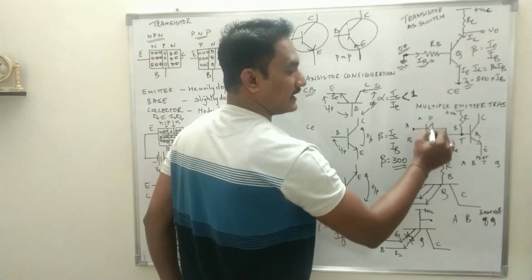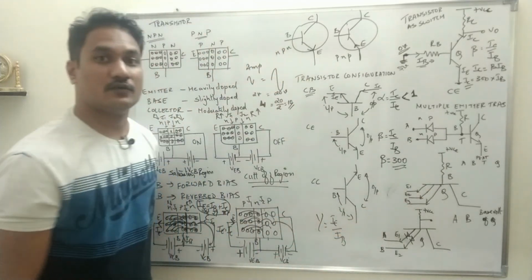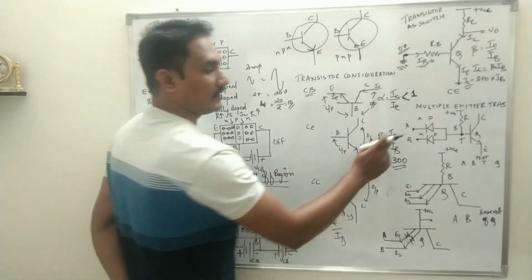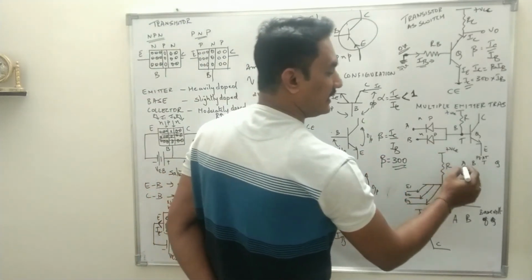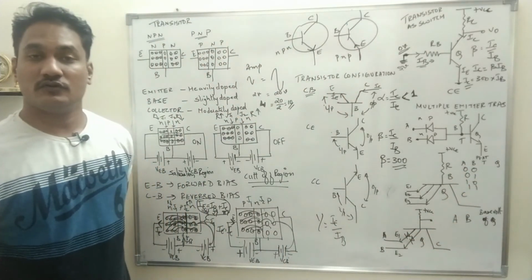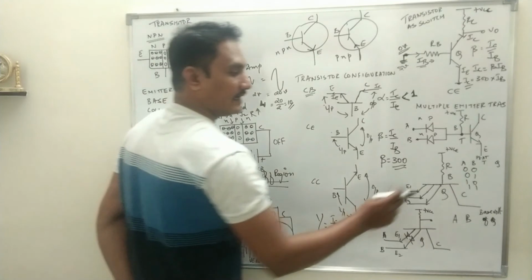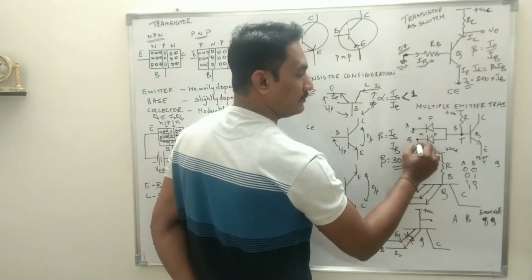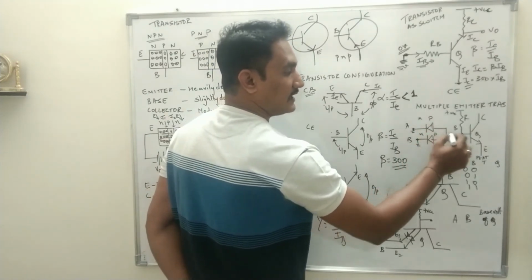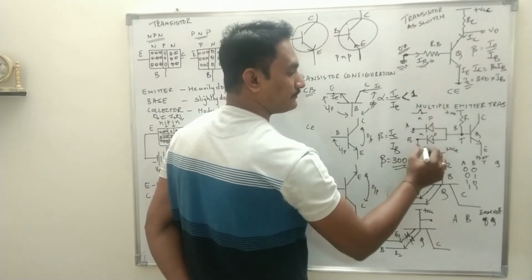Both P regions are already connected to positive. Whether these diodes are forward biased or reverse biased depends upon the N region connection, and the N region connection depends upon A and B. Digital A and B will have 00, 01, 10, 11, where 0 corresponds to 0 volt and 1 corresponds to any higher voltage. When A and B are both 0, that means both are grounded, so for both diodes P is connected to positive and N is connected to ground. Both diodes are forward biased.